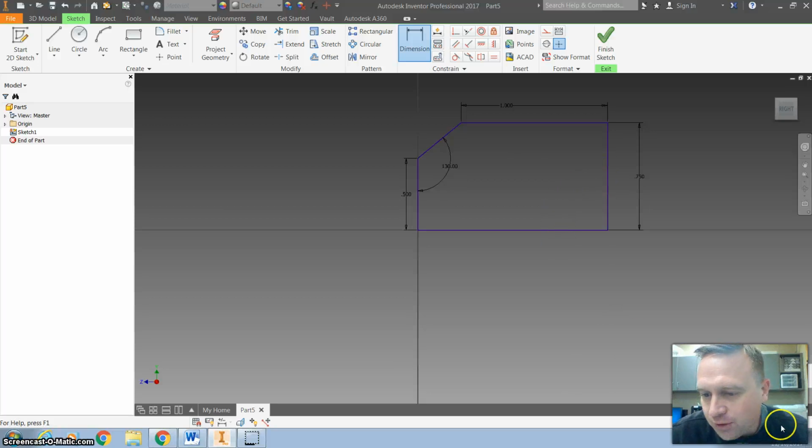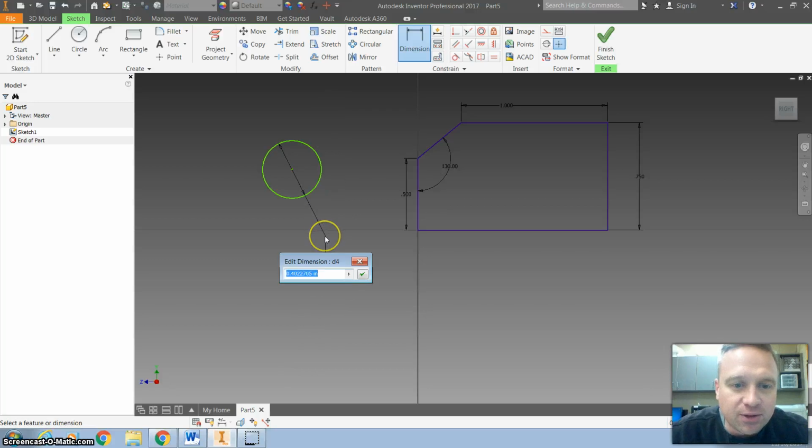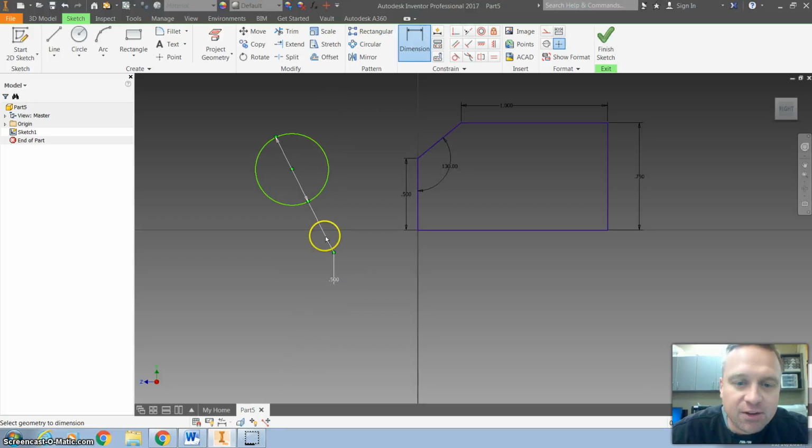And we know it's fully constrained because down here in the right hand corner it says fully constrained and all of our lines are blue. One other dimensional constraint I'll show you, if I just draw a circle over here, notice how my circle's green. I can click to add a dimension to it, and so I'm going to click and place that dimension. Let's make it a 1/2 inch